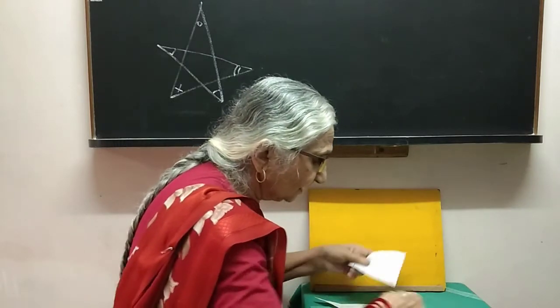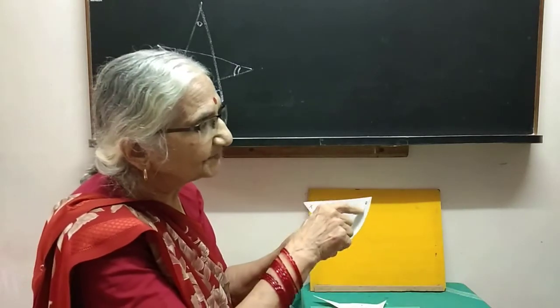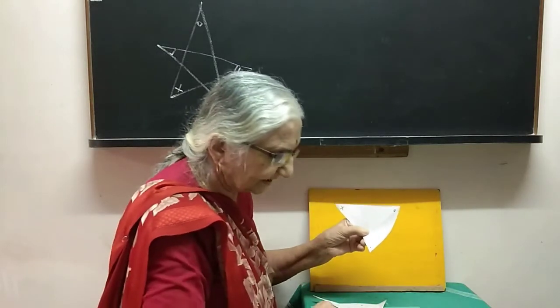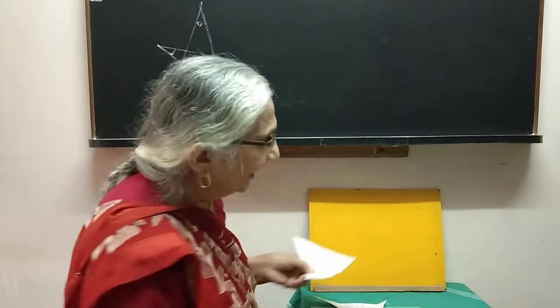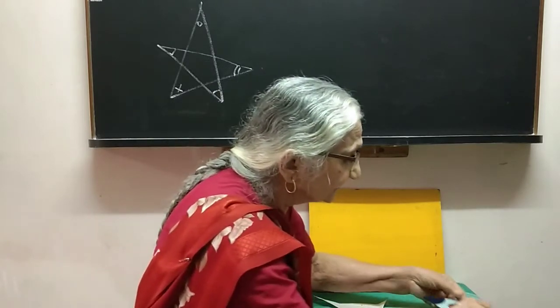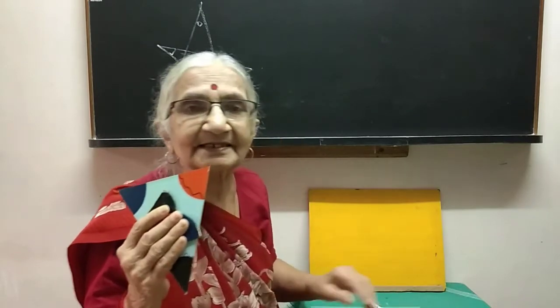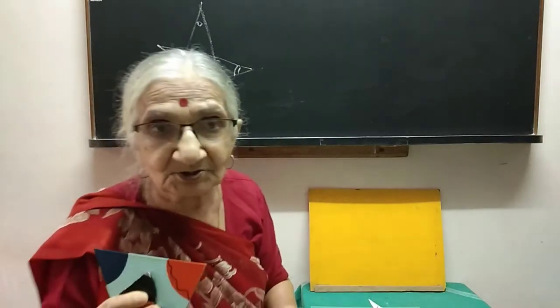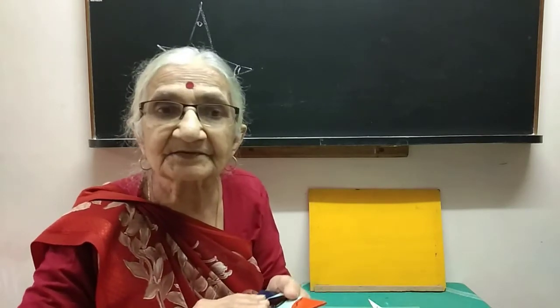So what you do is, you take 2 triangles, congruent triangles, from the second one you cut and get 3 pieces, and use whatever colors you like, and your model is ready. Now, this model, besides being very simple and easy, is also very helpful to us in a way. It goes with the times today, buy one, get one free. We made this model for the sake of angles of a triangle.